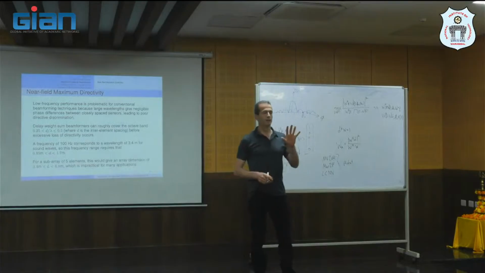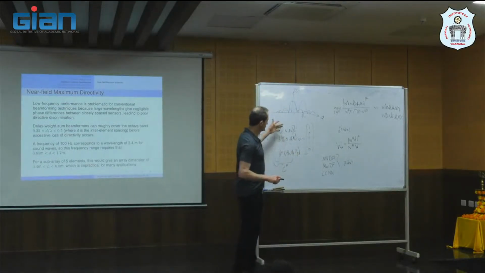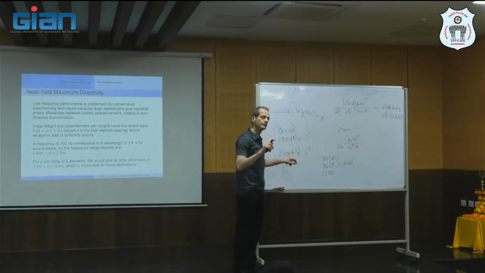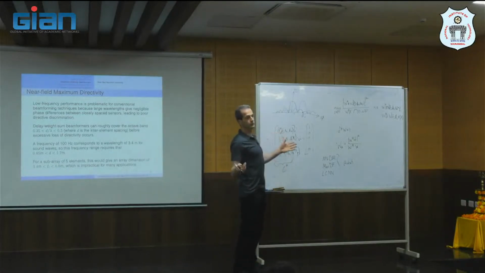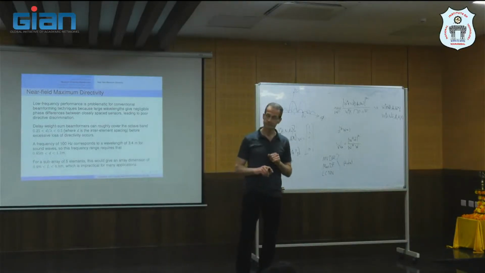Okay. When you put constraints like this, you assume that you know the directions if it's in the far field. But if you assume that the source is in the near field, you need to know not only the direction, but also the position, which means the distance and direction. If you don't know, which is a good question,